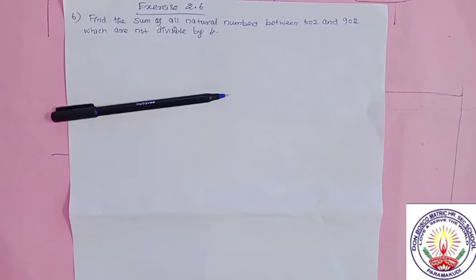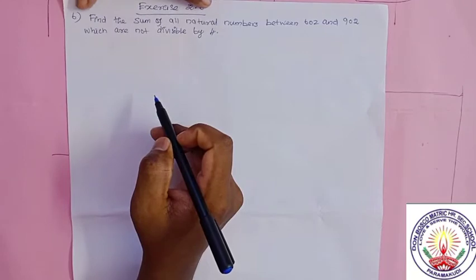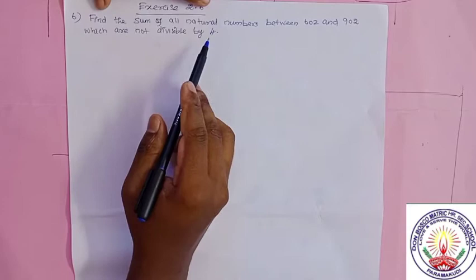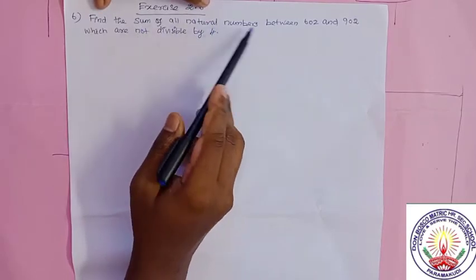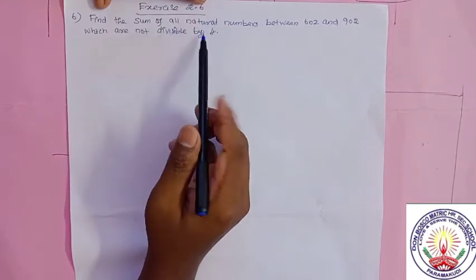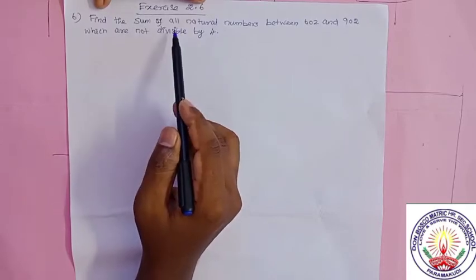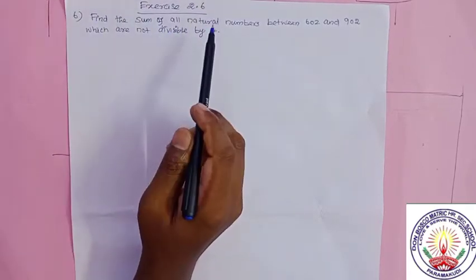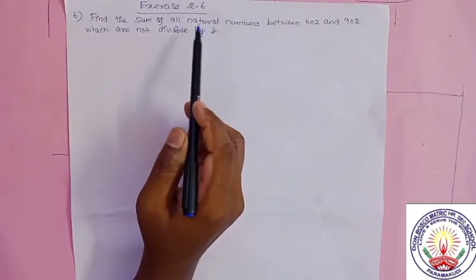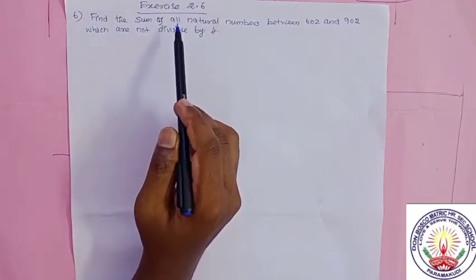Exercise 2.6, problem number 6. Find the sum of all natural numbers between 602 and 902 which are not divisible by 4. We have discussed an example problem where numbers are divisible by something, like 7. Here they are not divisible. So, not divisible now,